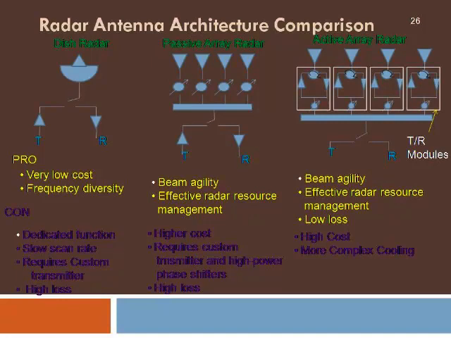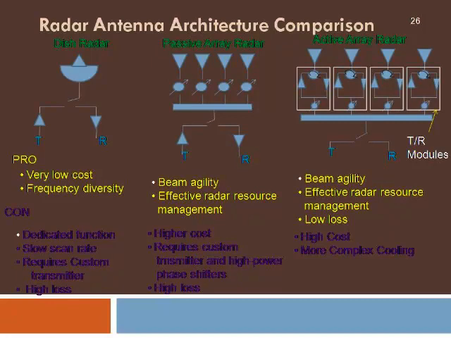Going to the second type, which we call passive array radar, the power output from the transmitter is split to different antennas, and by providing the required amount of phase shifts, the antennas radiate in the particular direction of the incoming target. And if there are several targets, the antenna can point the beam to different locations by simply changing the phase shifters without the movement of the antennas. As there is no mechanical movement, the scan rate can be at very high speed due to the electronic methods used.